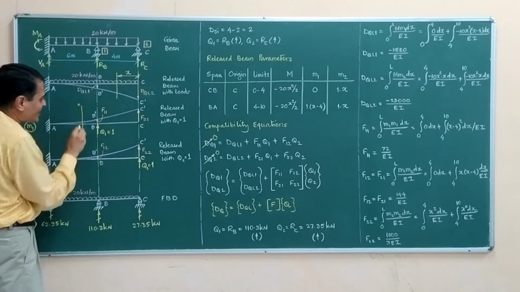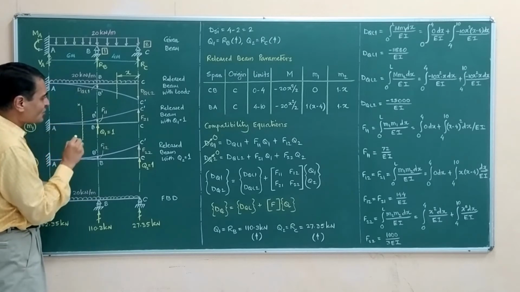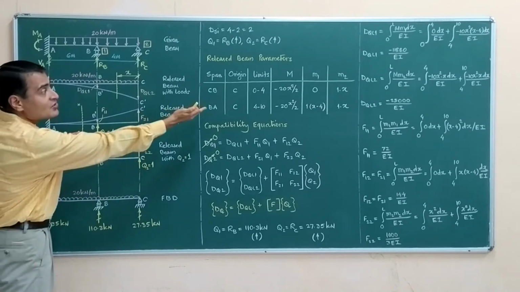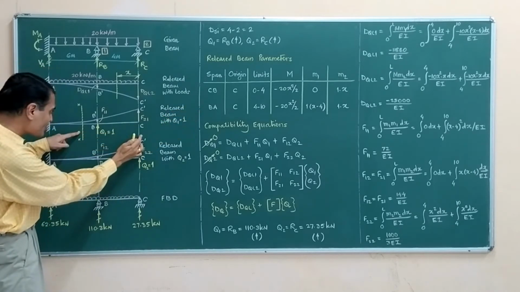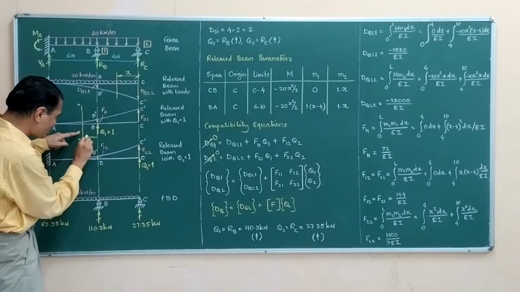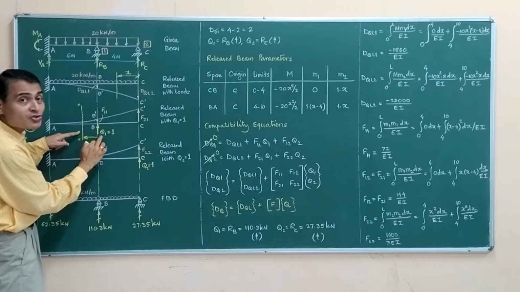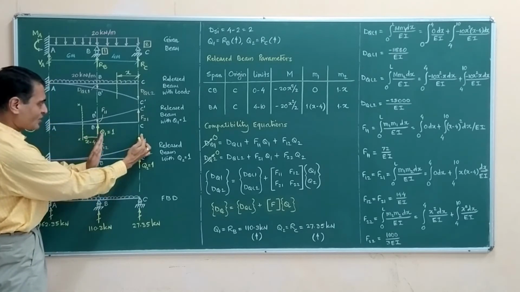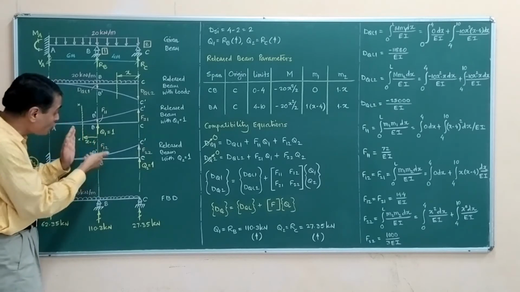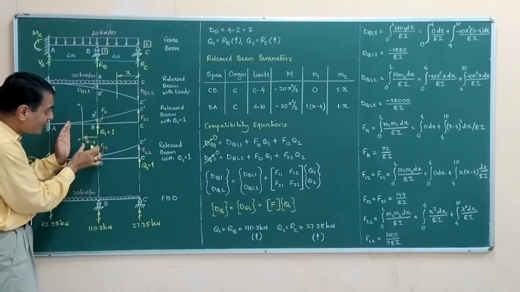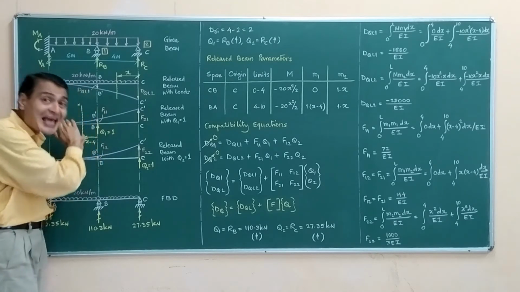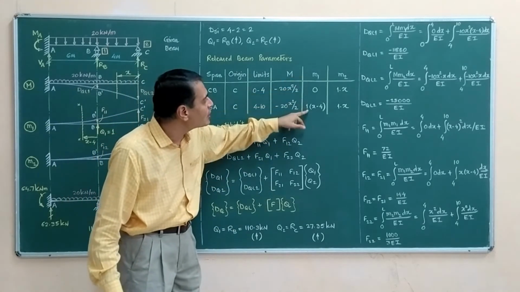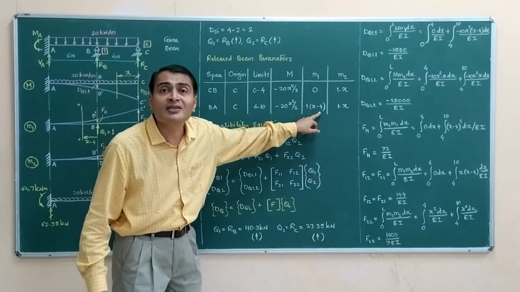This is my section XX. And understand please that this whole distance is x because my origin is written as C. So if this whole distance is x, this much distance from my unit load is going to be x minus 4. This is x, this is 4, remaining is x minus 4. So my bending moment is going to be 1 into x minus 4 and sagging, so it is going to be positive, and that is what I have written here under M1 diagram. It is 1 into x minus 4.